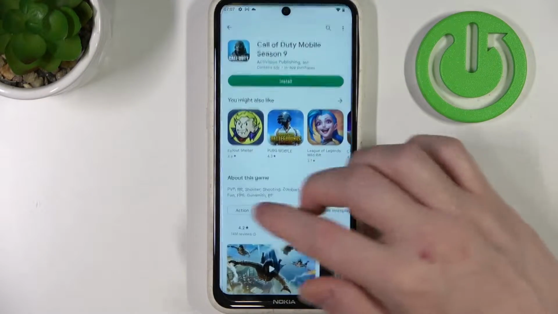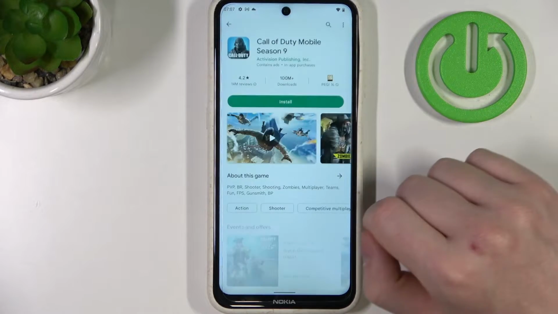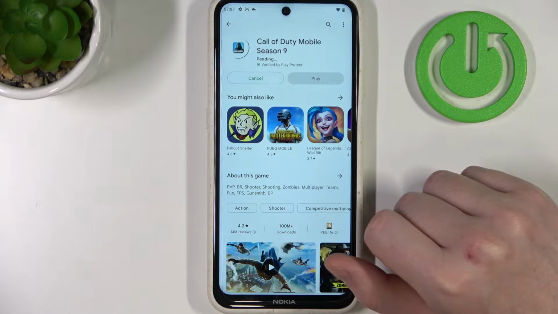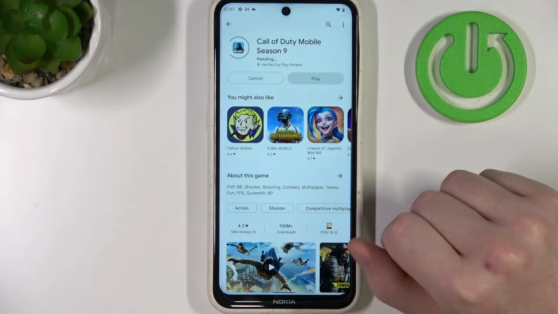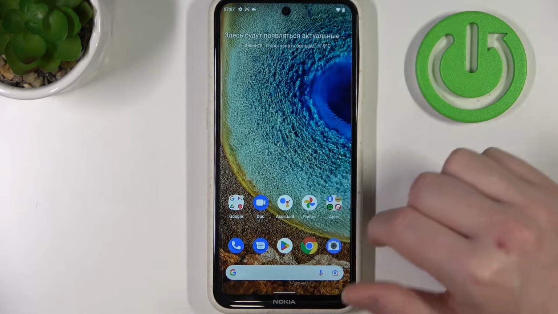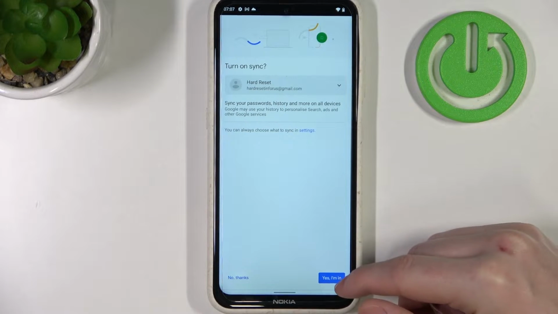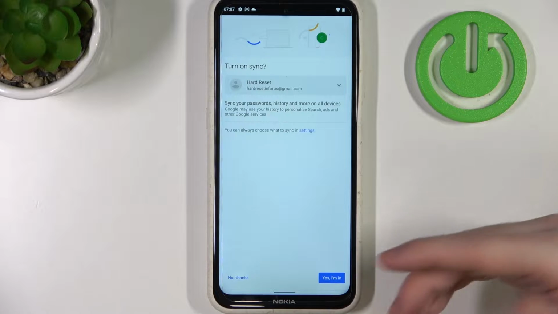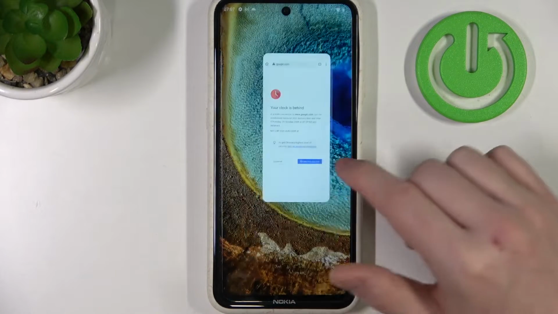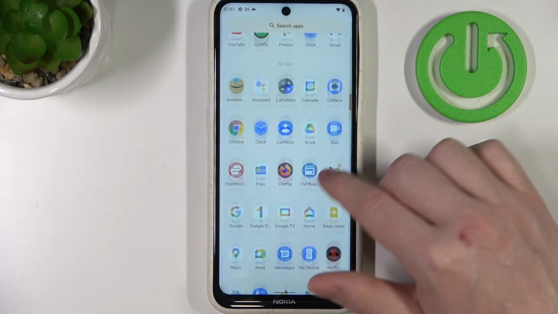So here, if we try to download anything from our Google Play Store, let's go with Call of Duty Mobile for example, hit install, but it changes to pending mode and won't start the actual download. The same is with Google Chrome, which is my browser. If you're using a different one, or at least if you have the same problem, nothing works. So here we can fix it by opening our settings,